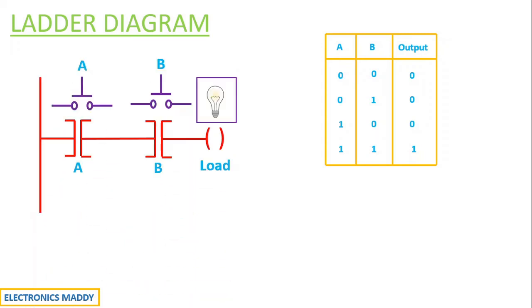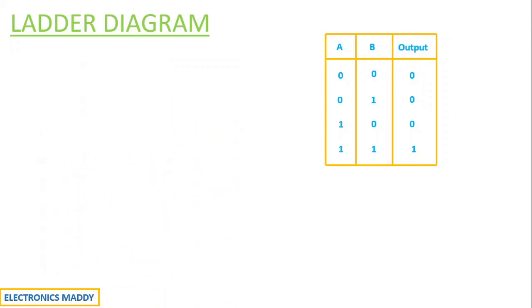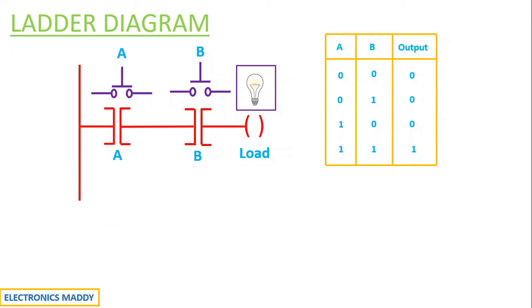Third case, when I'm energizing A, the coil A is actually energized, but the circuit is still in open condition because B is acting as open circuit and the light does not glow over here as well. Now when I press both the push buttons simultaneously, A and B, consequently what happens? Both A and B coils are energized and current starts flowing through the load and the light glows in this particular fashion. So this concludes the lecture on how to draw a ladder diagram using AND gate.